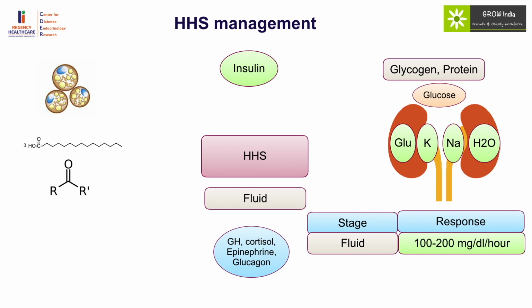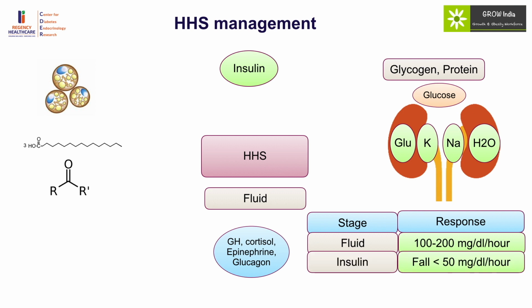Because one needs to be wary about too rapid a fall of glucose, insulin should not be added at this stage, and it should be added only when the decline in glucose is less than 50 milligram per dl per hour. The dose of insulin is also substantially lower, around 0.025 to 0.05 unit per kg per hour, because higher doses are associated with rapid decline and significant